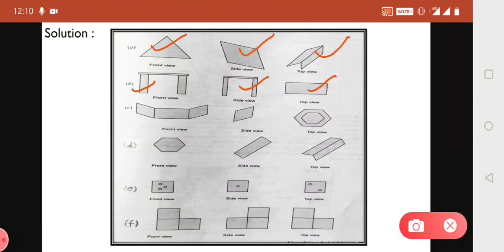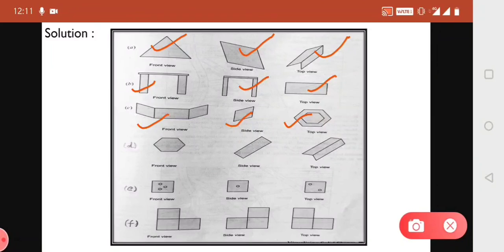Then comes a nut. Again for the front view you can see three parts, as the nut is made up of a hexagonal shape. You can see only three rectangular parts of the hexagon. So we have taken three parts as the front view. For the side view, you can take only one rectangular part of the hexagon, that is what we have taken. And from the top, if you see the nut, it will be seen in a hexagonal shape. So this is your top view, because the nut is like this only. Inside also some design is there, so you can see a hexagon in a beautiful way.